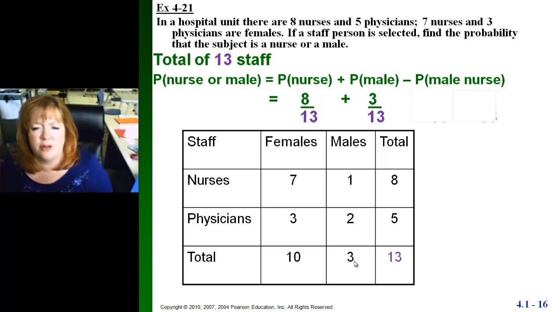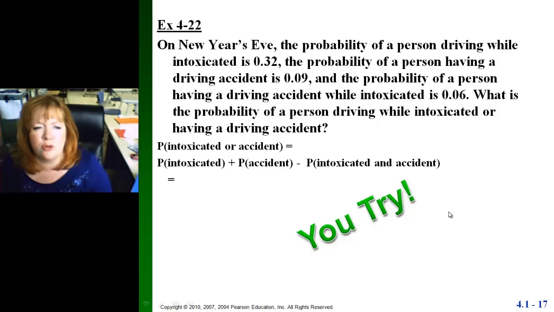So we add those together and we subtract off the male nurses. There's only one male nurse out of 13. We add those together, we end up with 10 over 13. It's as easy as that, folks. No problem. I want you to try example 422 on your own,